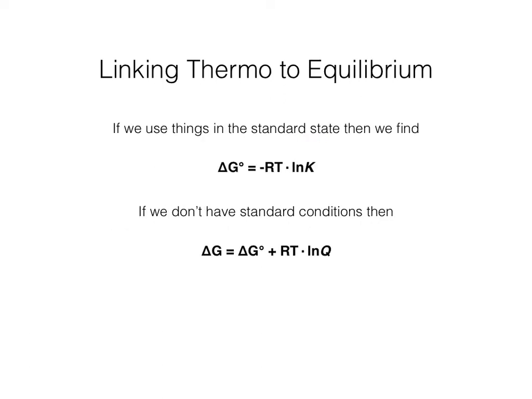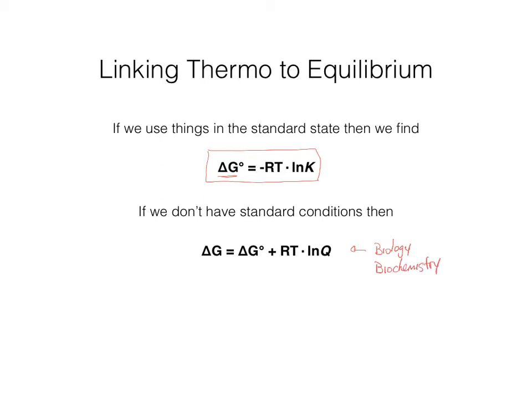So, if we use things in the standard state, we are given that delta G standard equals minus RT ln K. This is our standard condition delta G. If we don't have standard conditions, then we have delta G standard plus RT ln Q, which gives us this non-standard condition delta G. This is the delta G that is very prevalent in biology and biochemistry,